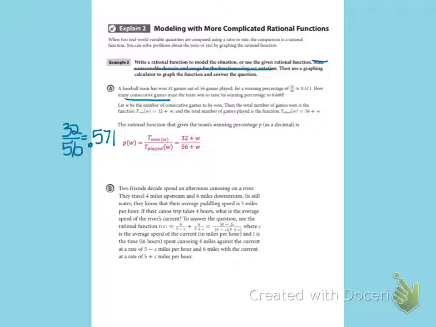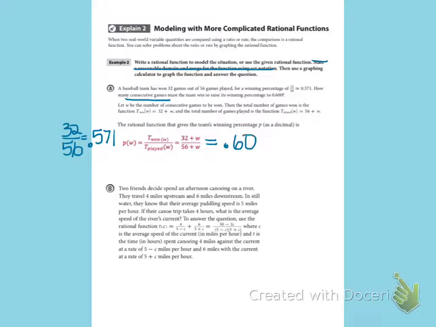So essentially what we're saying is we're going to add the same number of wins as we are going to add total games, because we want every new game that we play to be a win. And what that would look like then is to take that 32 over 56 and change it to 32 plus W over 56 plus W. So in other words, the number of wins that we add here are going to be the same as the number of games more that we play, because we're going to win every game. So it's consecutive games. And we want to know, when would this equal now